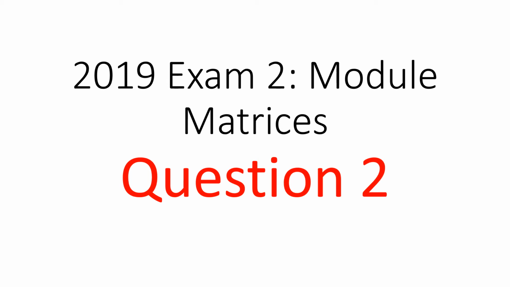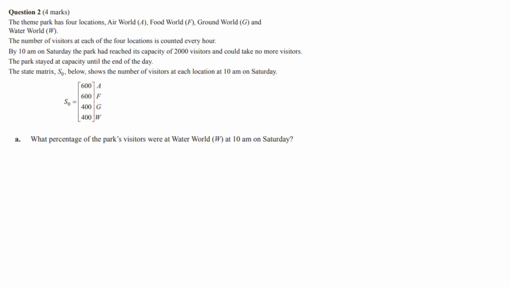2019 Exam 2 Matrices Question 2. All right, question 2, we've got a theme park. It's got 4 locations, which are labeled here. And the first question is asking us about when you've got these 2,000 visitors, what percentage of the park's visitors